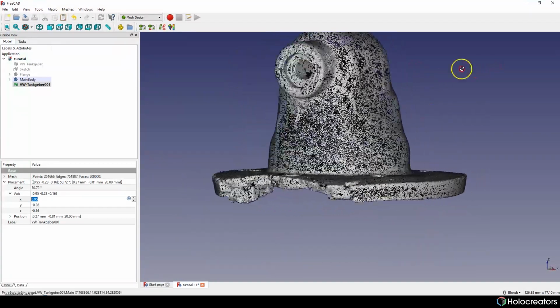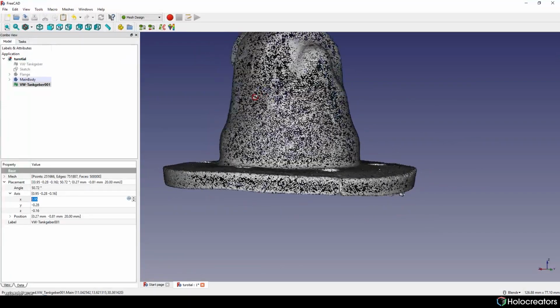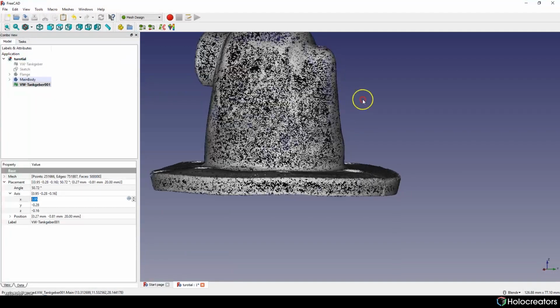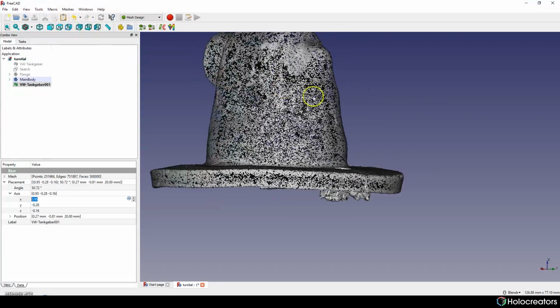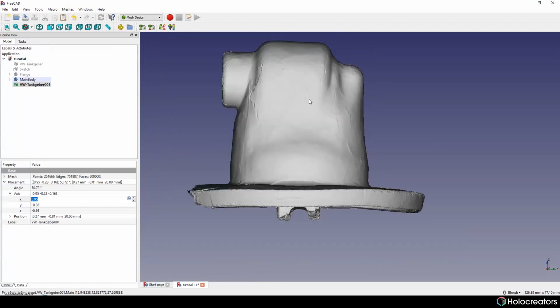Let's choose the perfect placement for the cut. I think this place is perfect to make a cut. So let's choose good projection to make it, and I'm choosing cut tool and simply